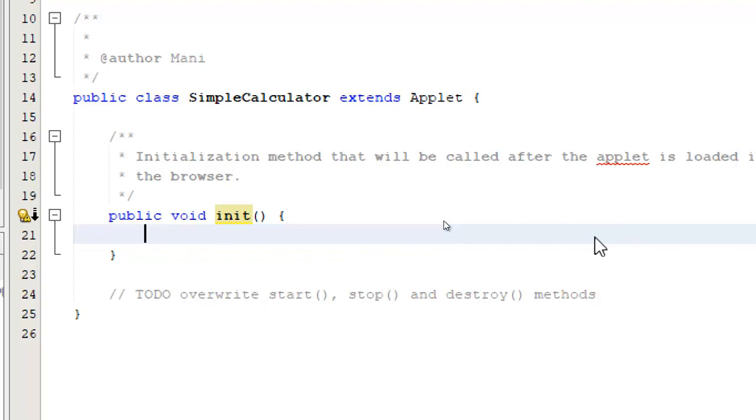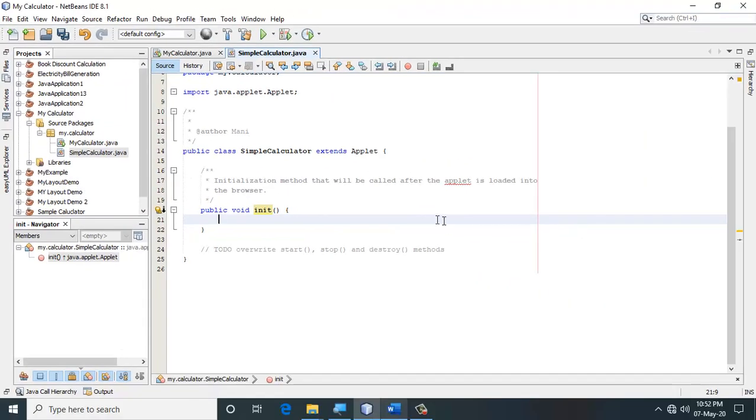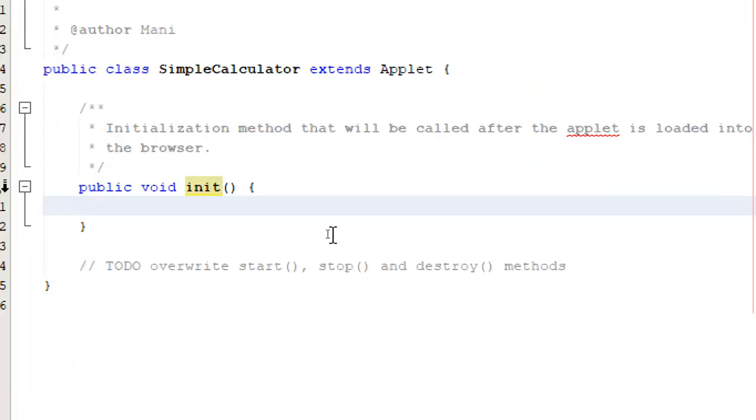So let me create a layout for this. So I'm going to just save this one. The first thing that I'm going to do with my applet is I'm going to set a layout for my applet. The way in which I do it is I'm going to call the setLayout method of the applet. I'm going to set a grid layout for this applet.